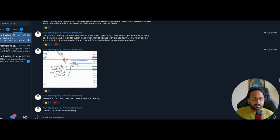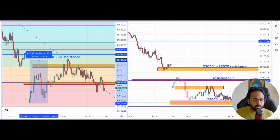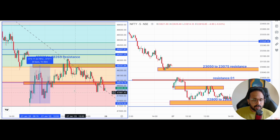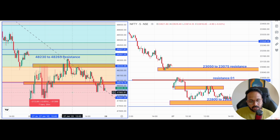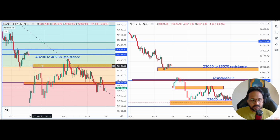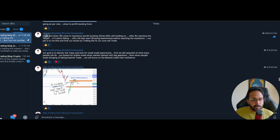Now what did Bank Nifty do? If you look at the chart, it moved up to this zone and reached my target. From here it nicely corrected. So the first morning bullish trade which we looked for gave around 300 points, and the bearish trade, if anyone has taken it, around 300 points. When Bank Nifty started rejecting here, one important update I gave here, an important note,